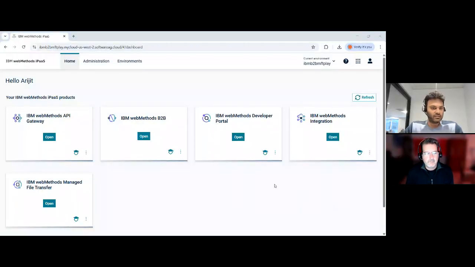As John was showing, this is the default iPaaS login screen, and you can see that I'm not that Uber user like John, and I have a few lesser tiles on this. So I can go to the Managed File Transfer. You can click on this to open. Once it opens,